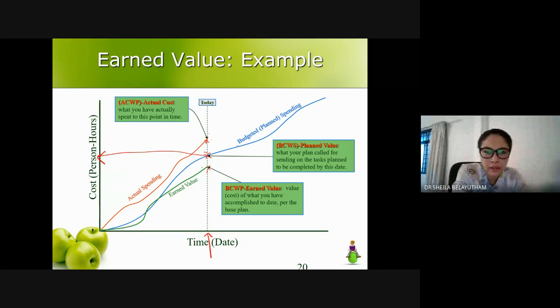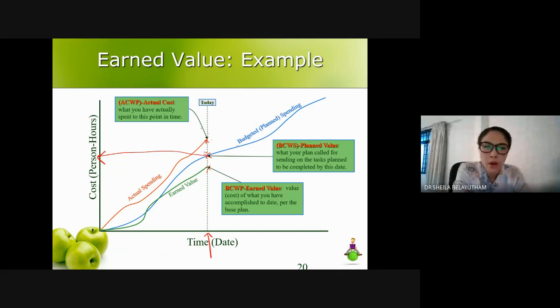Okay, so earned value is basically the budgeted cost for the work performed. If you have performed the same as what you have actually planned for, so 100% performance based on what you require, you will end up here. However, this basically shows that your earned value is the value of the work that you have earned, the budgeted cost for the work that you have performed. So your progress performance is here and your actual performance is here. Okay, from this comparison,